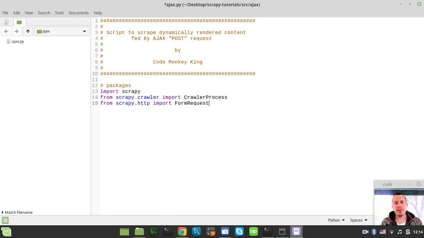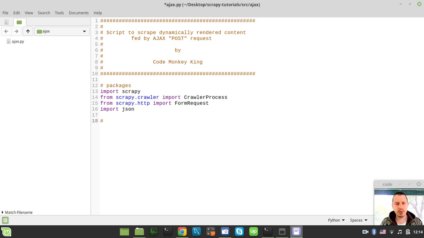So this form request is the easiest of existing basically. I would probably like to import JSON to bring the response, and it's kind of enough for now, I guess. So now let's define the